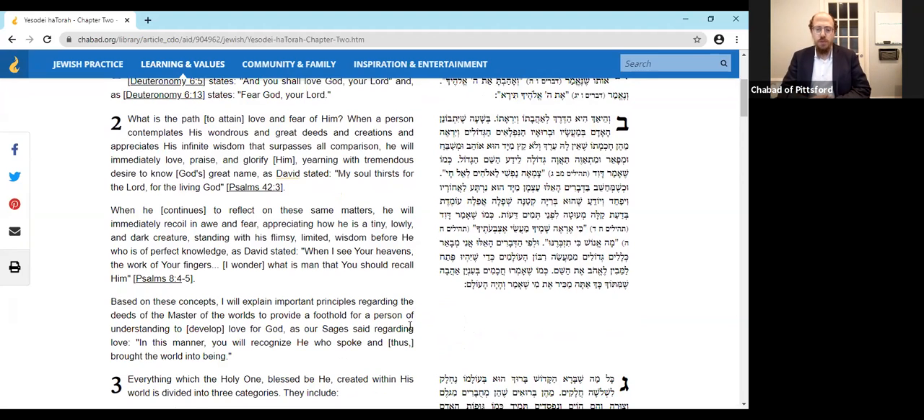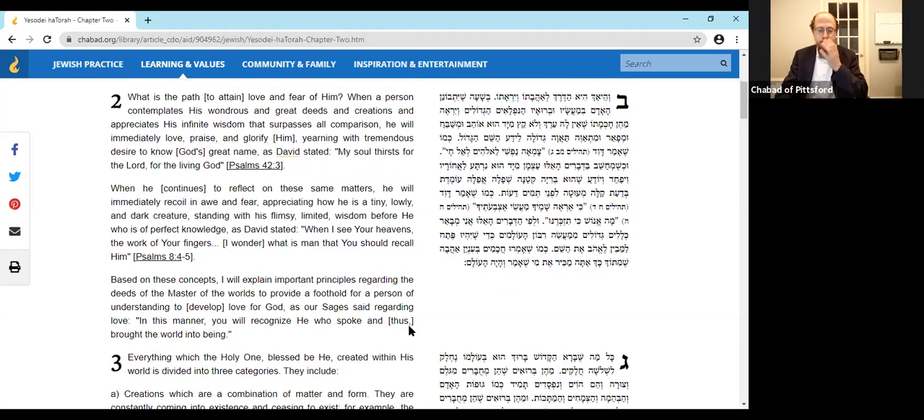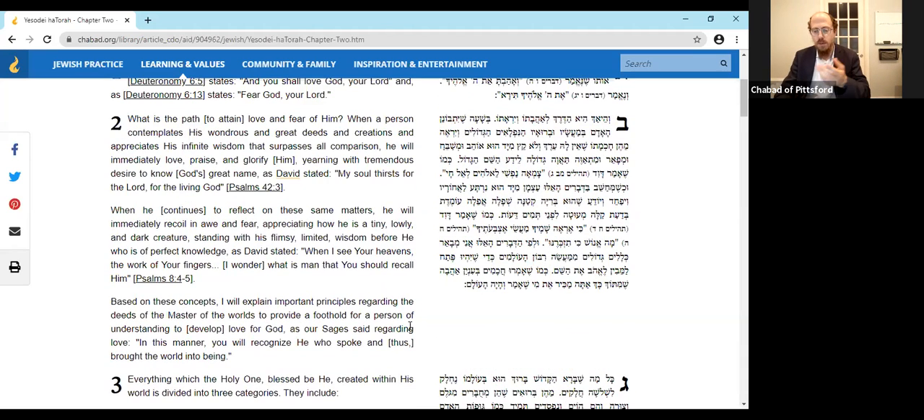When he continues to reflect on these same matters, he'll immediately recoil in awe and fear, appreciating how he is a tiny, lowly, and dark creature, a speck of dust in the cosmos, standing with his flimsy, limited wisdom before He who is of perfect knowledge. As David stated, "When I see your heavens, the work of your fingers, I wonder what is man that you should recall him." Based on these concepts, Maimonides says,